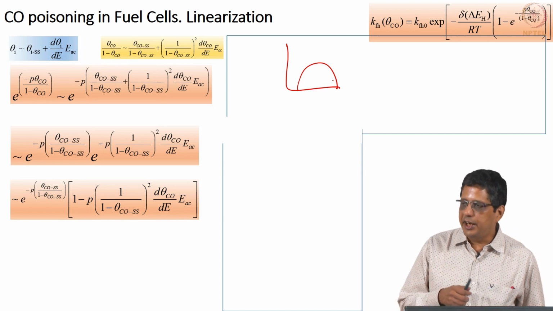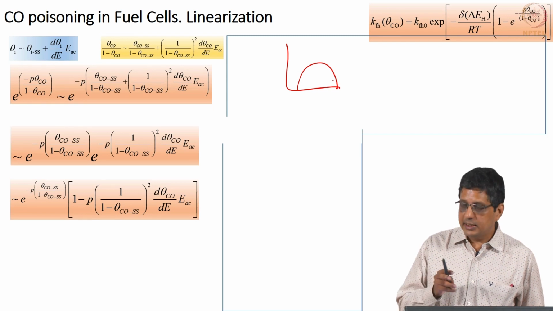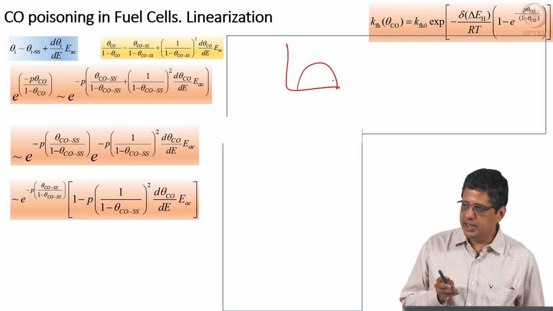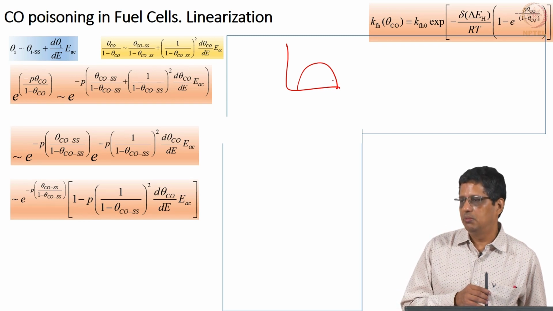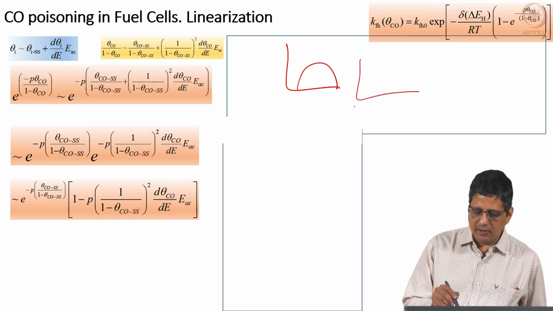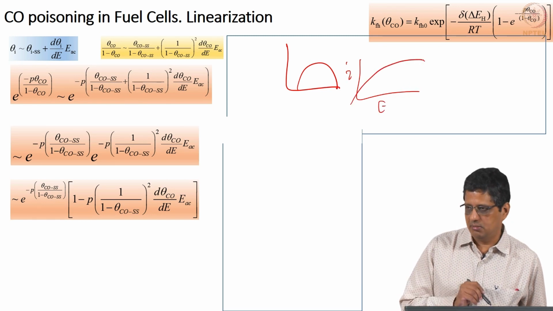Anything else in addition to this, how many loops do we have? It does not mean those are the number of intermediates. It means that minimum that many intermediates you need. Okay. Let us say I have data where potential dynamic polarization, I versus E, shows a curve like this.